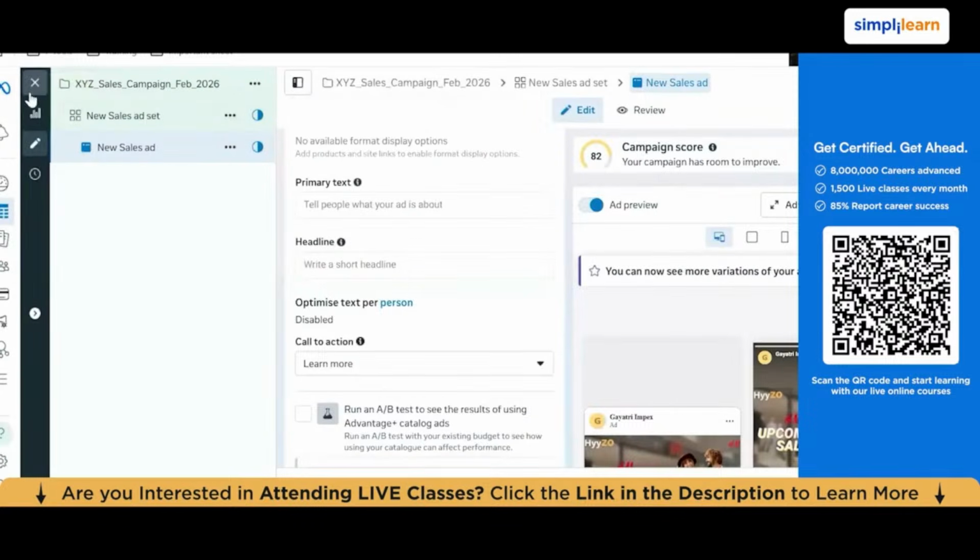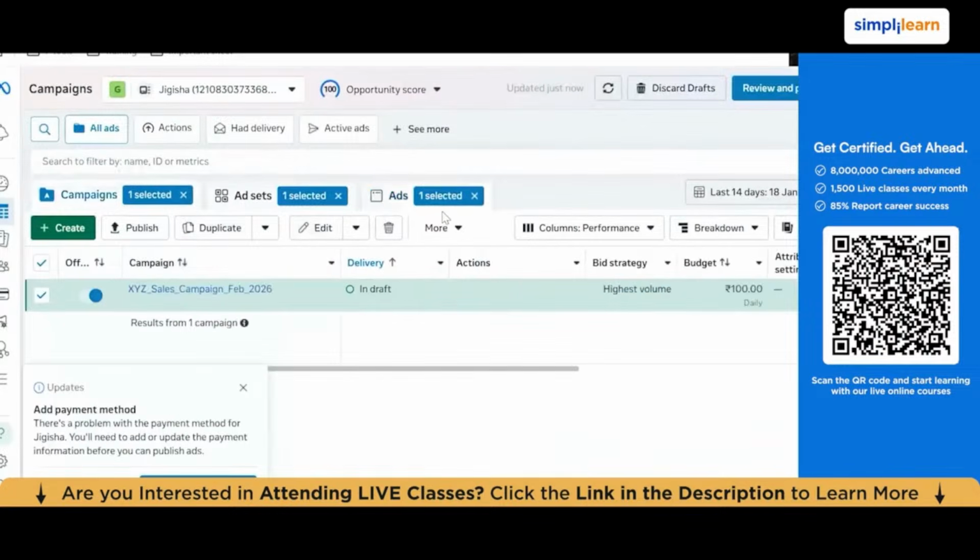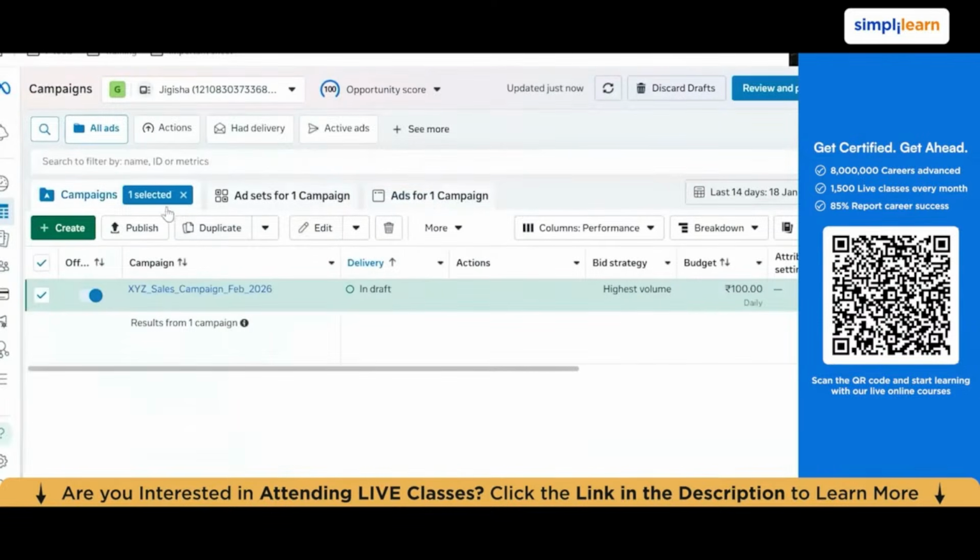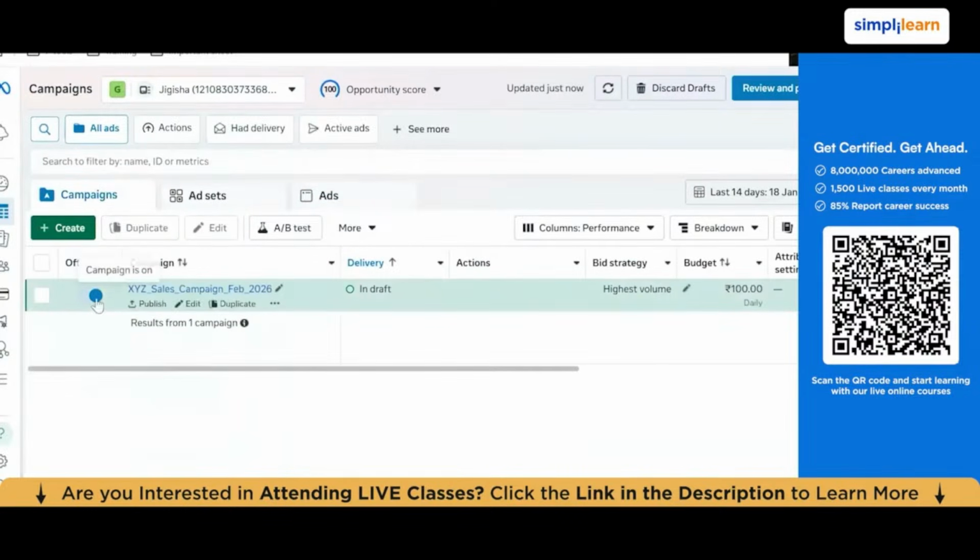So this is how a basic campaign setup looks. This wasn't advanced, guys, this wasn't intermediate as well. This is what a basic campaign setup looks like. By the way, you can edit this campaign whenever you want. You can edit all the settings. The only settings that you can't change are your objective and your buying type. If you change your objective or your buying type, all the settings